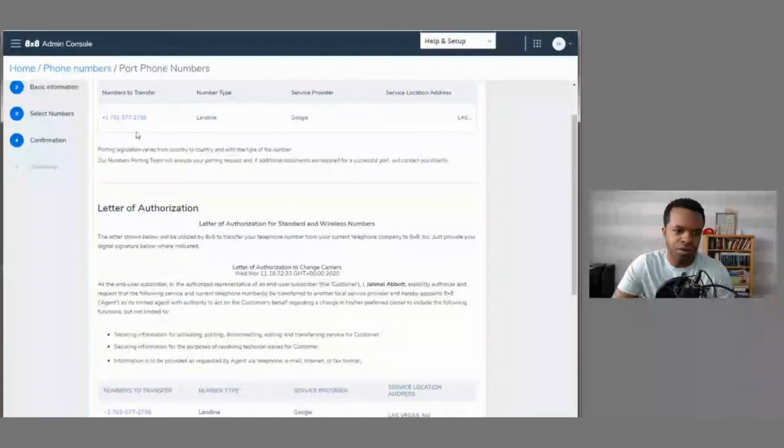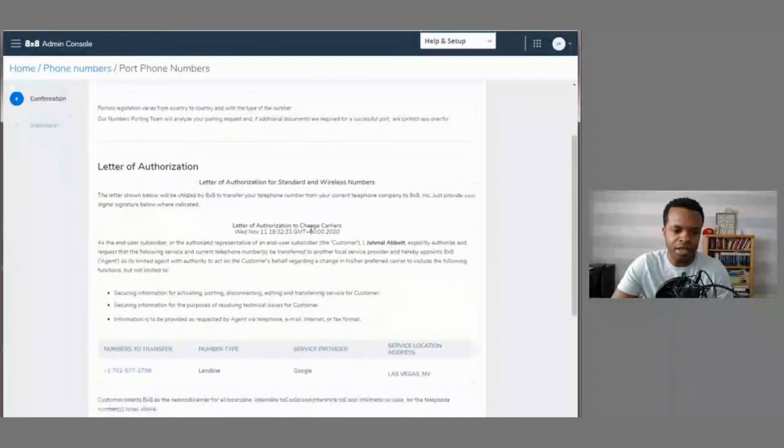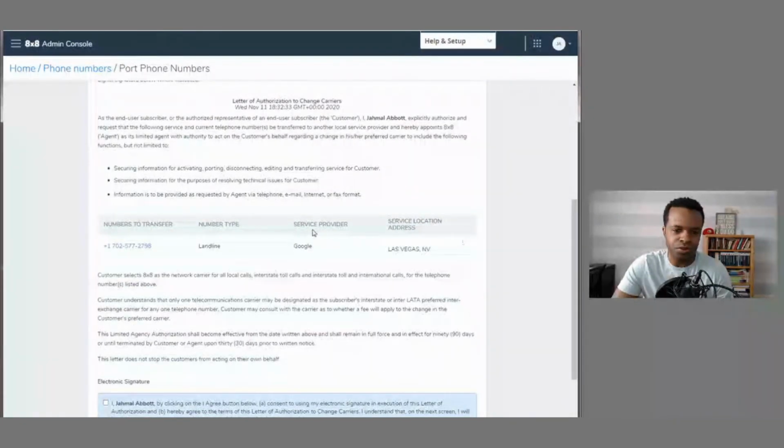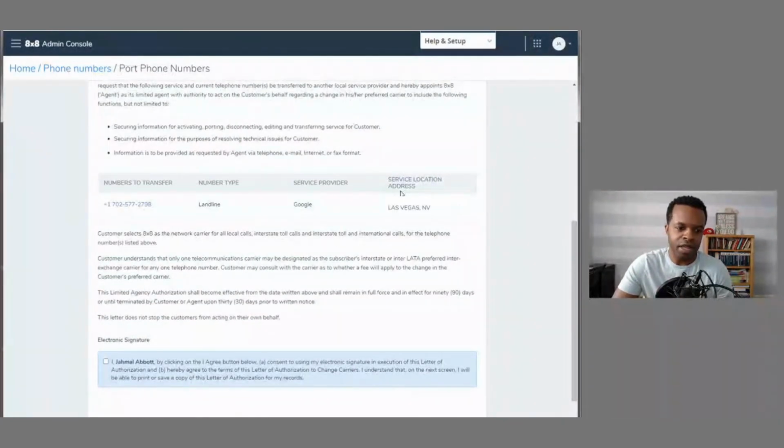All right, so we have this final information, and we have this letter of authorization, and this is going to go out to Google, basically letting them know that I want to transfer my number to 8x8, and this is my desire.